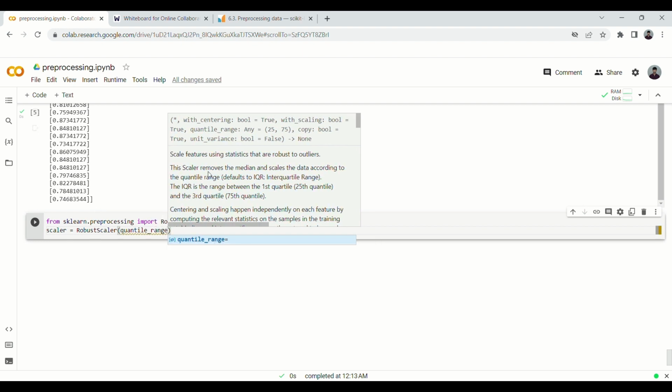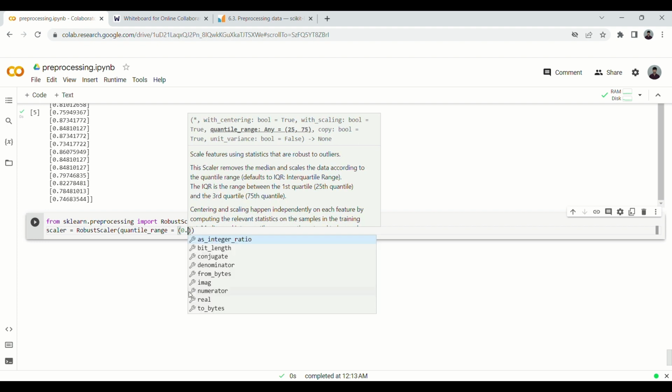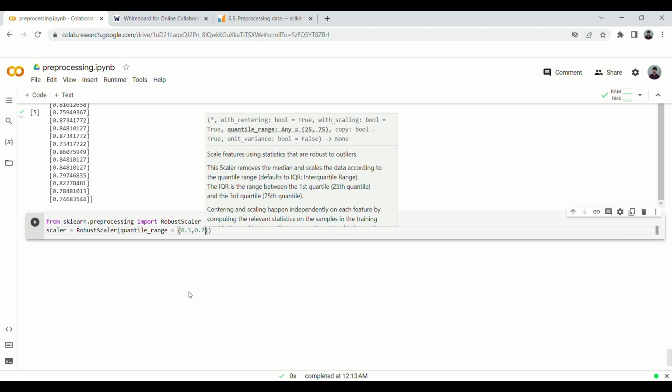Like I mentioned, this scaler removes the median and then scales the data according to the quantile range. It defaults to the interquartile range, between the first and the third quartile, which I showed in the formula, x75 minus x25, but we can also customize the range. So over here quantile range will be, let's say, 0.3 to 0.7 maybe,